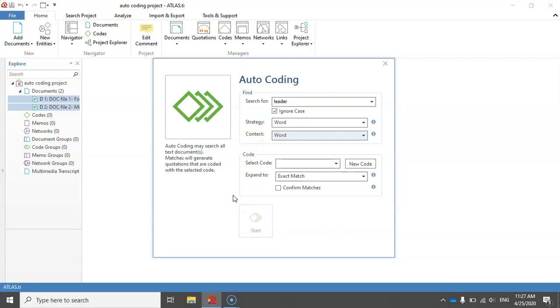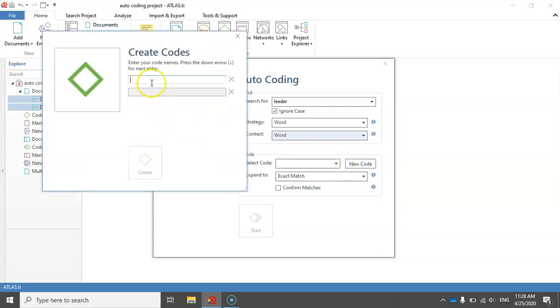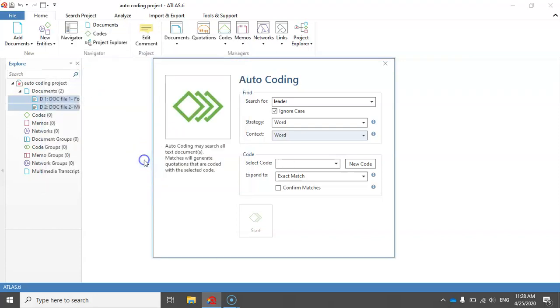Here in the code section also, you can create a new code so that this code could be assigned to the data segments that contain this search term, or you can select a code from the list of the codes in this project. Since this is the project that we have created a few minutes ago, there is no code here, so I just click on new code to create a new code to be assigned to the data segments. So the new code will be leading. Alright,